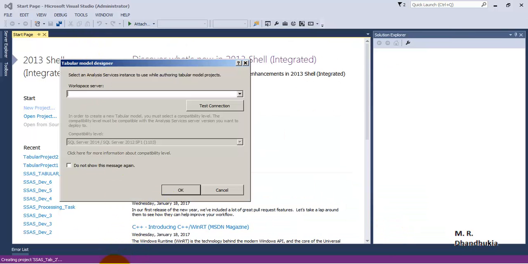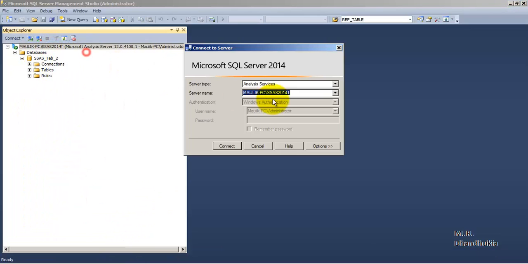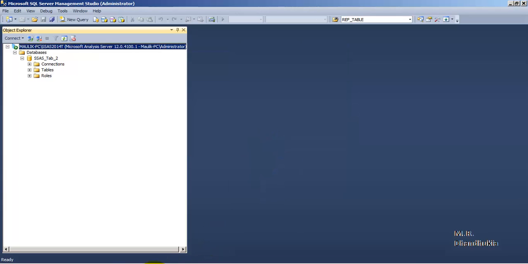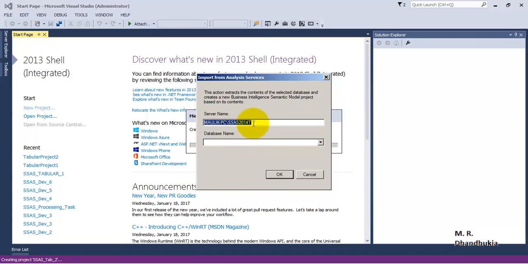Now we'll have to provide the path of the workspace server. So we want workspace also to exist in this same instance. So let's connect to it, right? And let's provide the path of the same instance, right? Okay. Now import. Now it is asking us that where is the database already deployed. So it is deployed in this server instance, and which is the name of the database. So the database name is SSAS Tab 2. So let's click OK,